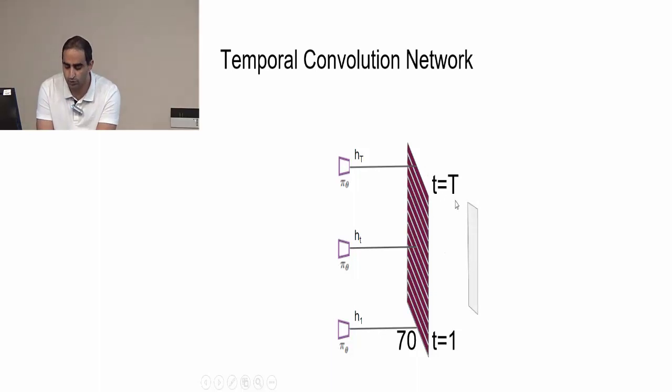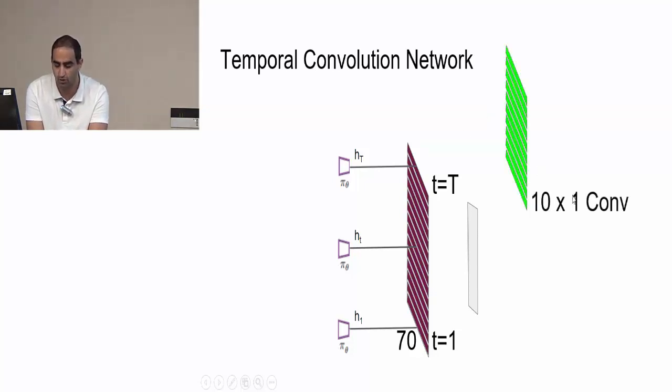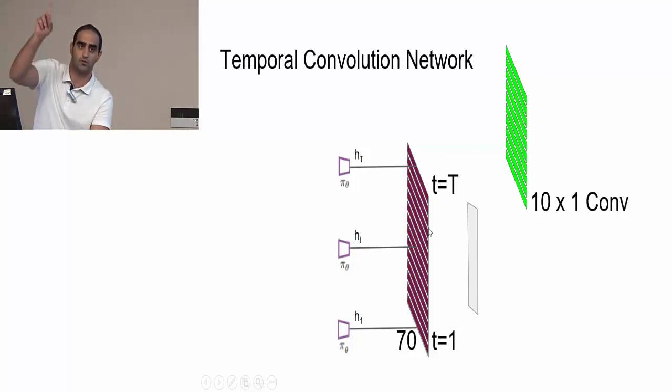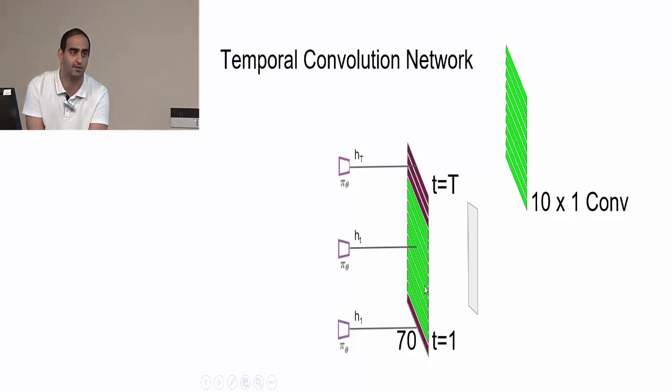Now we want to apply convolution through time. So in order to get from here to the next layer, we have to apply convolution through time. How does that work? We have a 10 by 1 convolution, and because our time is just one dimensional, we just put this mask on 10 time steps and multiply them all element-wise and sum them together, and it gives us the corresponding element in the next layer. Then we shift this mask one level up, and we again multiply them all together and sum them, and this gives us the next element. If we do that for all the elements here and use the same padding, we have one column for one mask.